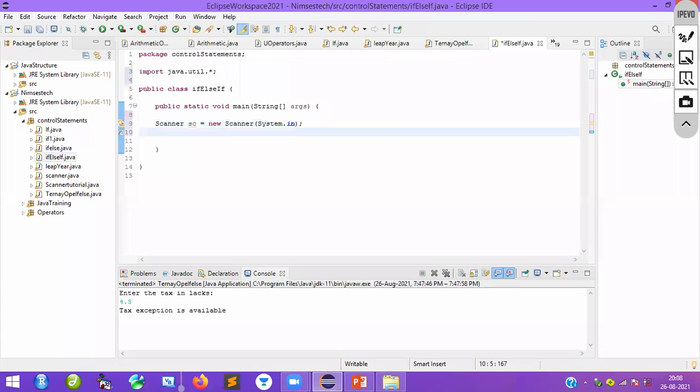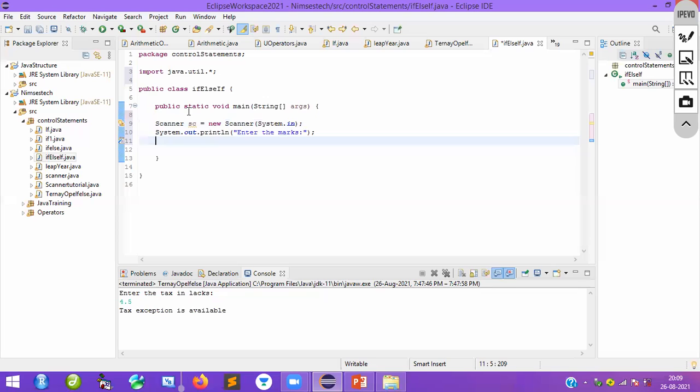Now type syso, control space, and say something like enter the marks. Done. Now you want to take the marks, so you have to fetch the marks from the user.